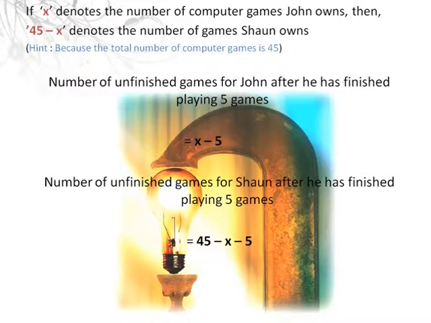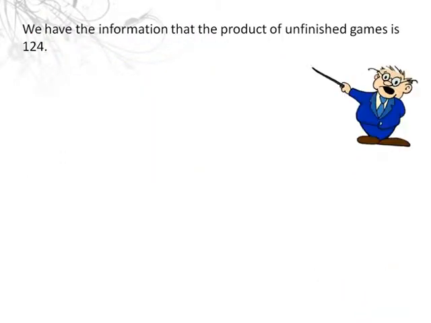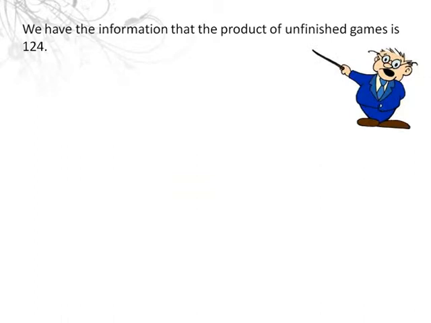Similarly, number of unfinished games for Shaun after he has finished playing 5 games should be equal to 45 minus x minus 5, or 40 minus x. We already know from the question that the product of unfinished games is 124. Therefore, the product x minus 5 into 40 minus x should be equal to 124. Let us try to simplify this question. Take a paper and a pen and try solving this along with me. On simplifying this, we'll get